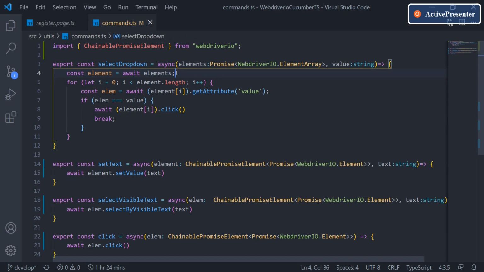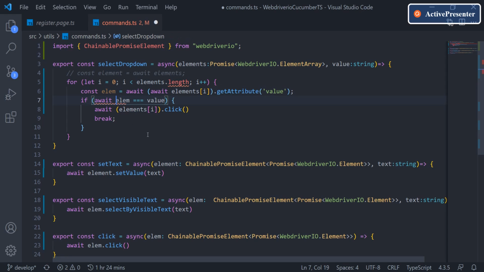Normally, if you don't give this, your code will look something like this: elements, elements, elements, and then you need to write await here as well, and everywhere, and put that in a bracket for length. So this is how your code will be.